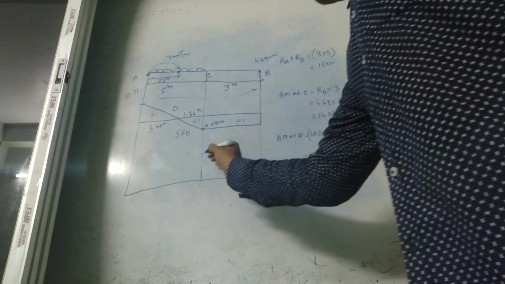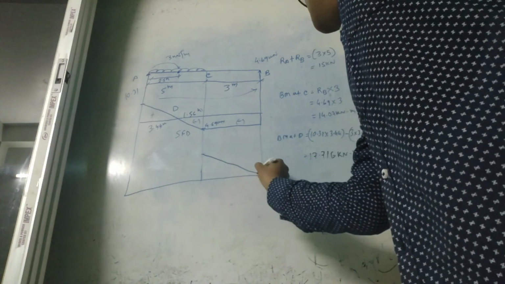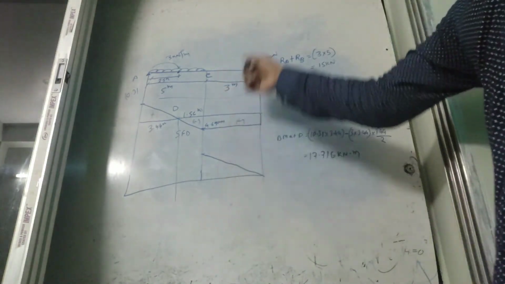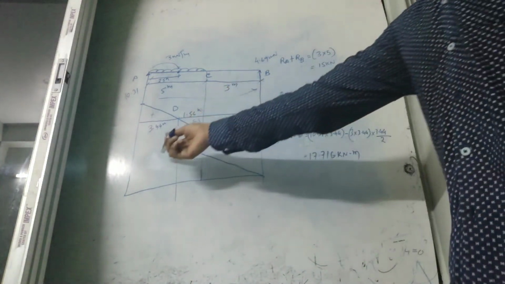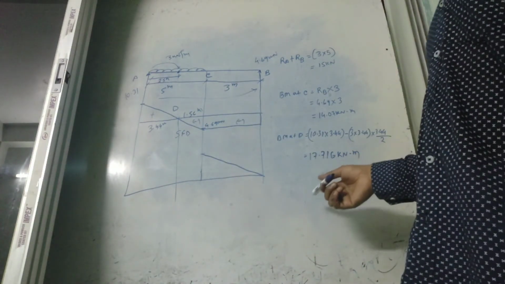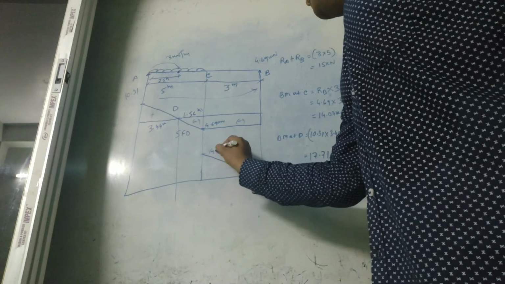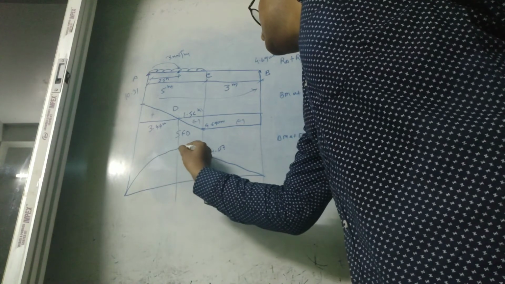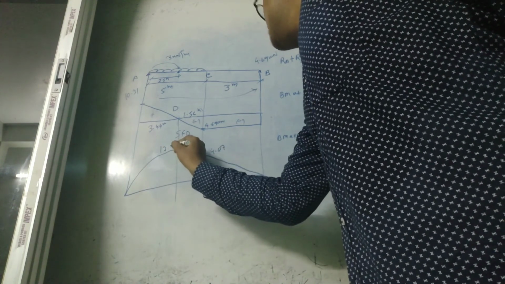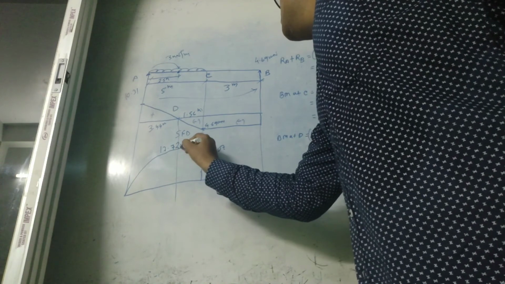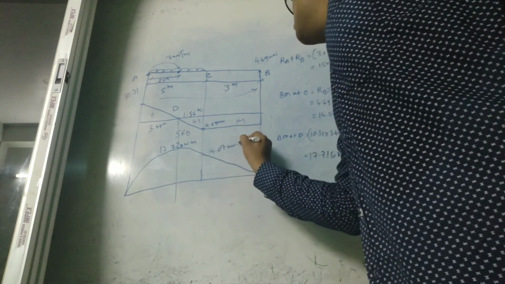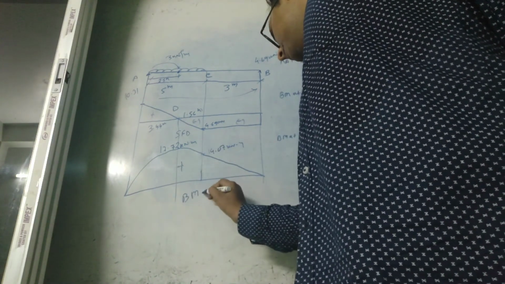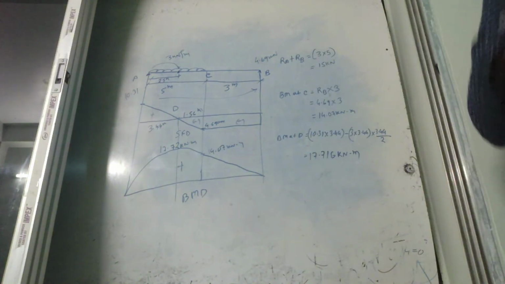So now draw the shear force diagram; the shear force diagram is drawn. Bending moment at C is 14.07. This is 0. So 14.07 at this point. This is a straight line because there is no load, and this portion is the curve. 17.716 is the maximum, so this is a curve, 17.72 kilonewton meter. Okay, this is positive sign. This is our BMD, bending moment diagram.